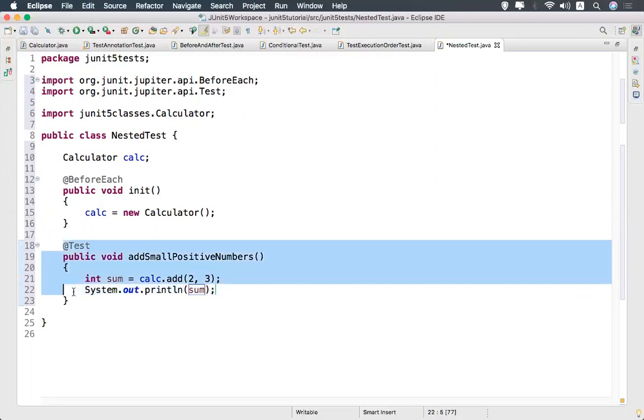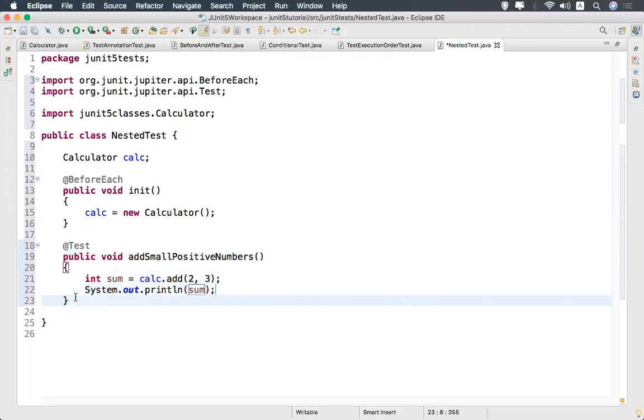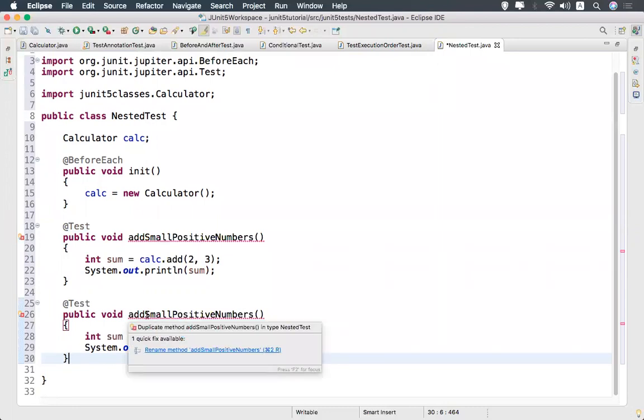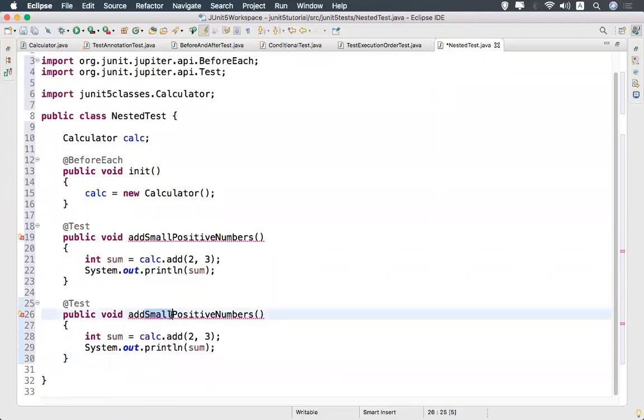The same way I'll take one more example, addBigPositiveNumbers. I'll say 1000 comma 500, just an example.